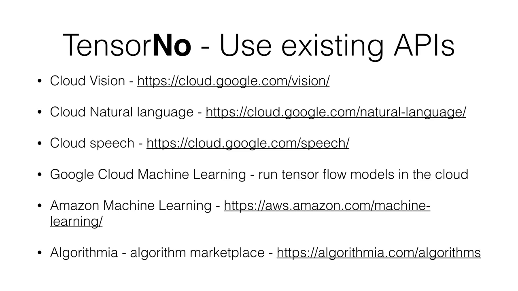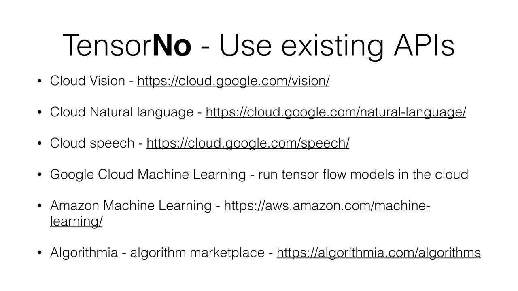And the great thing about this is we don't need to worry about how all these things work. So Google has various AI things they do exposed as APIs anybody can use. We've got the Cloud Vision, the Cloud Natural Language for natural language processing, Cloud Speech for speech recognition. And as Google improves these things and makes them better, we're going to get those updates for free. We don't need to be experts in AI to get all of the improvements and benefits of the research that's occurring in that field. Amazon's also got an entry in this area.